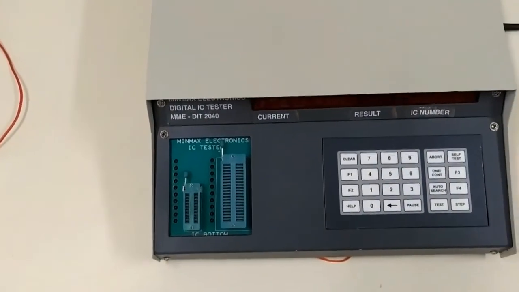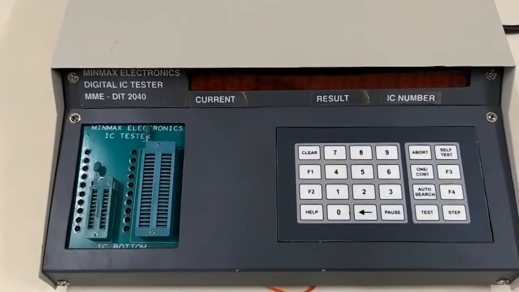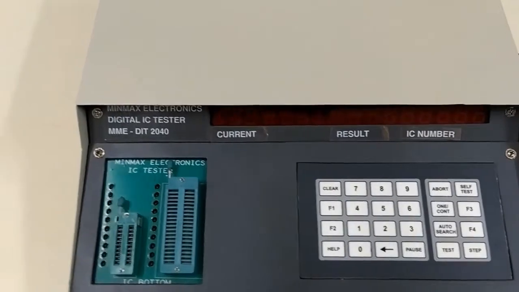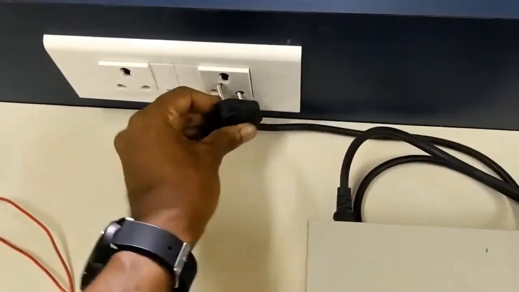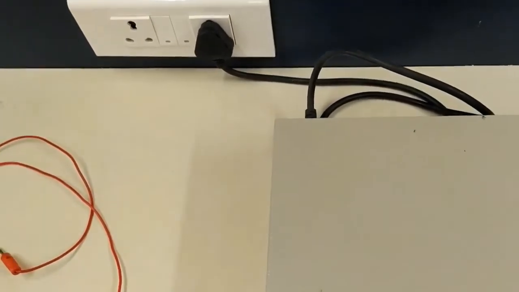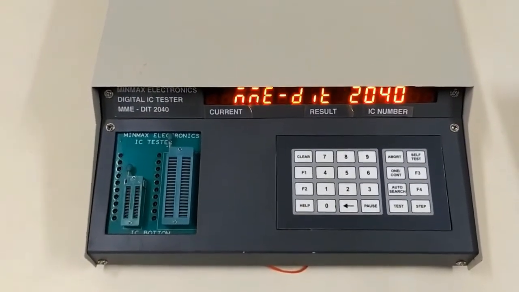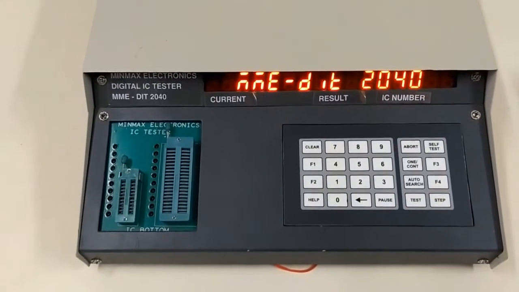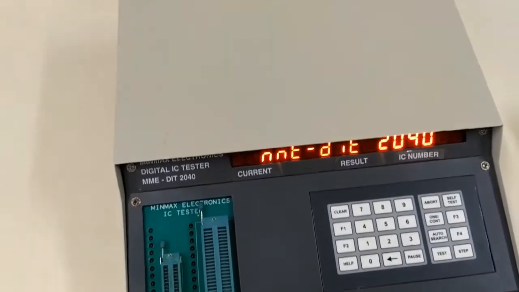So when an IC is given to you, and you have any doubts about whether it is working properly, you just need to plug it in, and after it has been plugged in, you turn it on. Once it is turned on, there will be some random display on the display of this IC tester kit.